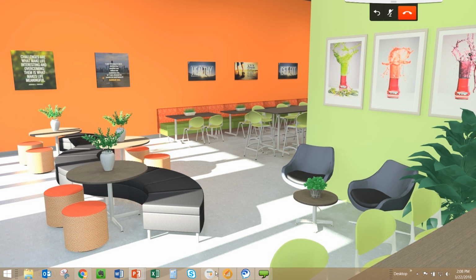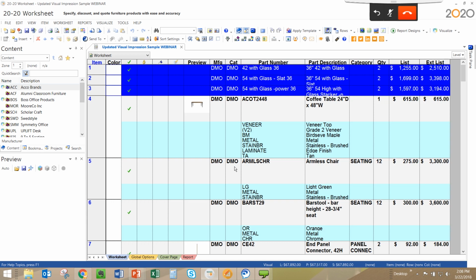I'm actually going to step over to Worksheet. So this is a drawing that was actually already done. Some of you may be using our CAP software. Some of you may be using 2020 Giza software. Regardless of the software, once you send it over to Worksheet, you'll be able to see all your products list, of course. And I'm going to go ahead and just open up one of the scenes that was already created